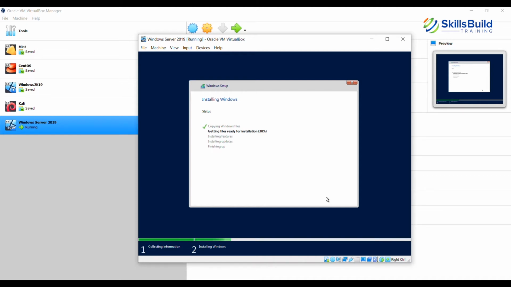While it is doing so, let's talk about the Standard versus the Datacenter edition. The Standard edition is typically meant for small and medium sized firms. When you install the Standard edition, you can also run two instances of Windows Server 2019 in a virtual operating system as well. So basically, with a single license, you actually get 3 copies: one you install on the host system and 2 as virtual machines.